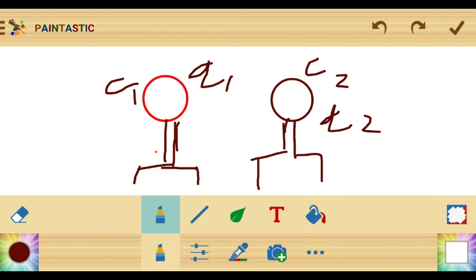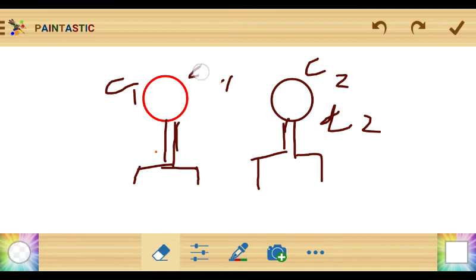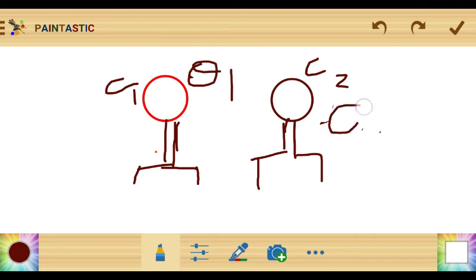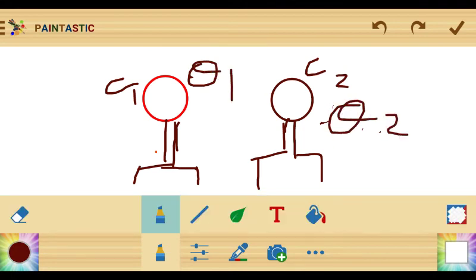I'll make Q1 capital, because otherwise we will get confused later. So this is Q1 and this is Q2. Let's say two conductors with capacitance C1 having charge Q1, and second capacitor capacitance C2 and charge Q2, and both are on the insulating stand. Why are we using an insulating stand? So the charge will not go out, the charge will not earth. Now because they have not joined, what is the total charge of this system?